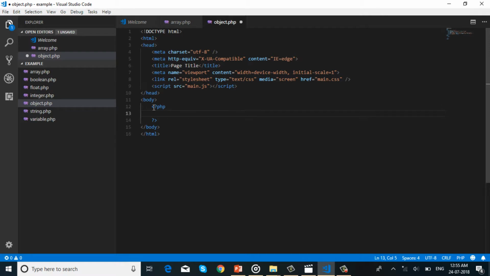First, we must declare a class of the object. For this, we use the class keyword. A class is a structure that can contain properties and methods. First of all, to create a class using the class keyword; the class name is user defined.